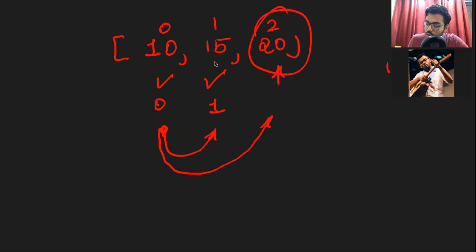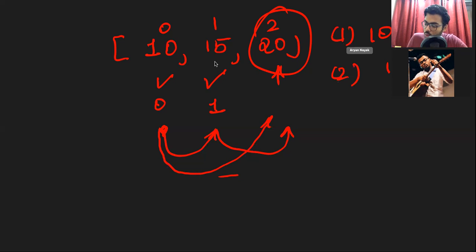So in the first step it would be 10, 15 and 20. If we just take one step, 10, 15 and 20, and make it to the last index, then we reach 20. Okay, this is for two step and this is for taking one step.